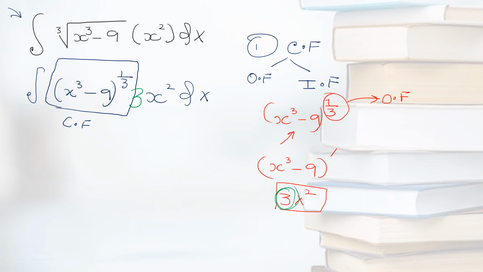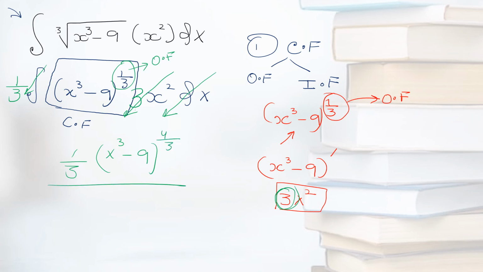And since you are multiplying by 3 here, you have to divide it before the integral sign or in the same place. Now once it is done, you are going to ignore the derivative of the inner function. You are going to ignore the dx and the integral sign, and you are ready to apply the power rule as it is your outer function. So you will write 1 over 3 as it is. The inner function of the composite function will be written as it is. Add 1 to the power, 4 over 3 divided by 4 over 3, and plus c.